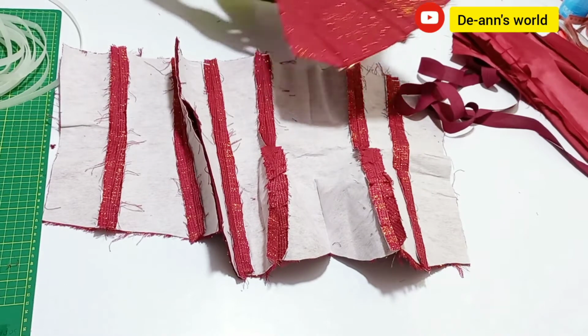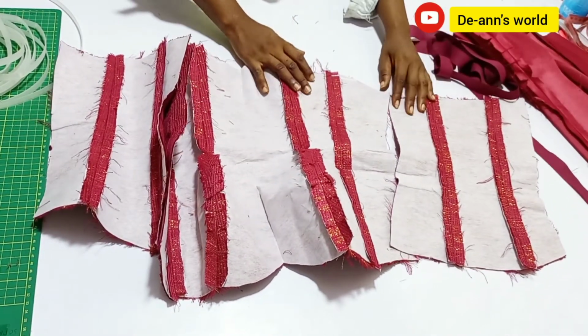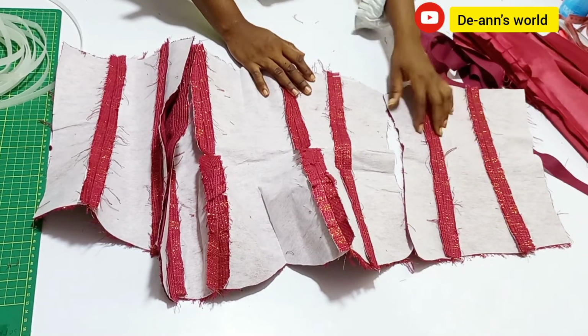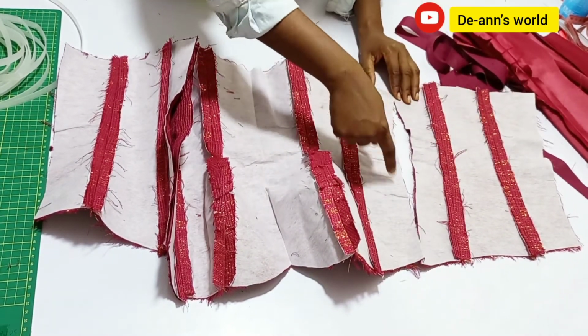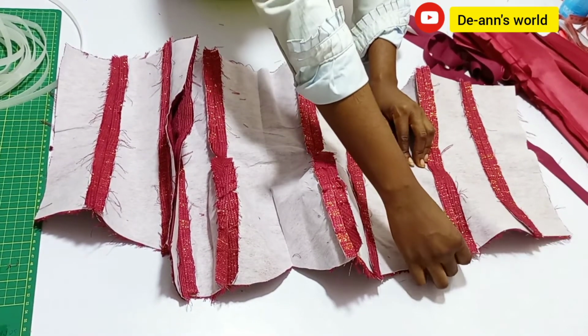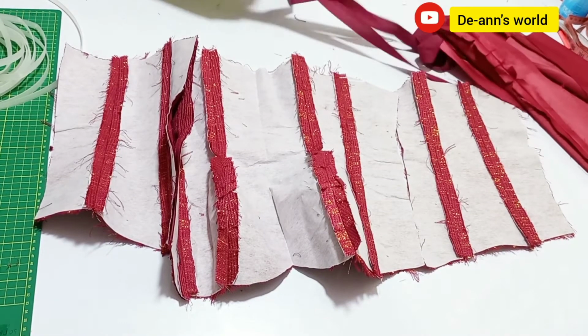Okay, so I'll join everything like this. Sorry, I'll join it like so. Okay, so you can see the curve. Oh my goodness, that curve, I love it. I love that curve. Okay, so join it and create another boning channels, and then use this